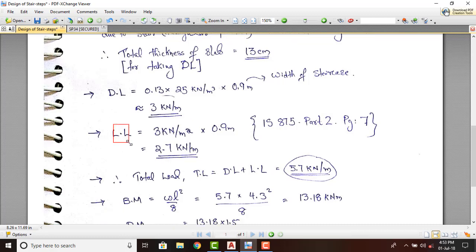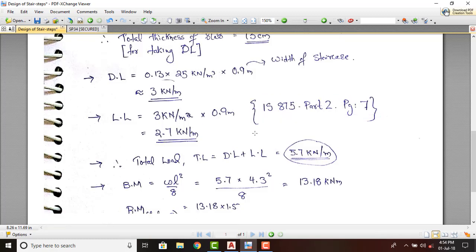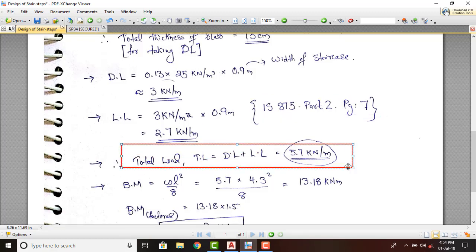Now the live load is given by 3 kN per meter square into the width of the staircase, that is 0.9 meter. This 3 kN per meter square I have obtained from IS 875 part 2 page number 7, which you can refer. In that, all the live loads at different areas of the building which you have to take is given. Next, the total load on the staircase is given by dead load plus live load, that is equal